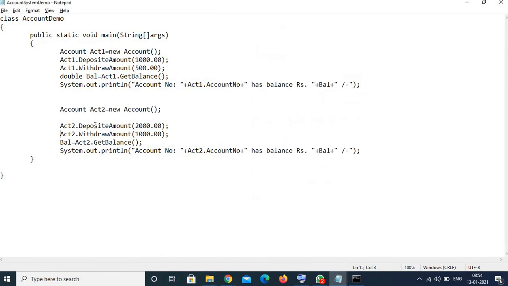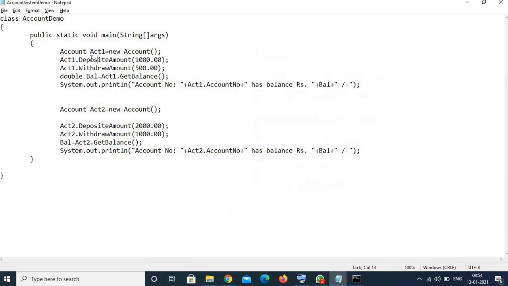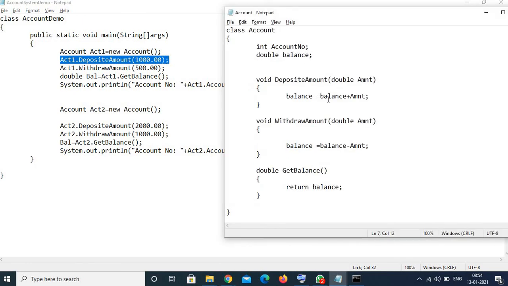Now we are calling the deposit amount method with the act2 reference, and we are sending in 2000 as an argument. So this method will now be called with the reference of act2. Previously, at this statement, we had called this method with act1's reference, hence the balance variable copy of act1 got worked on.